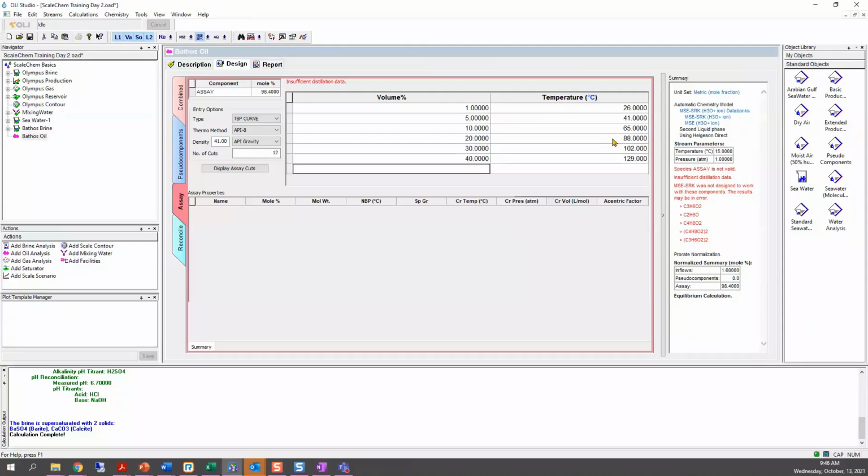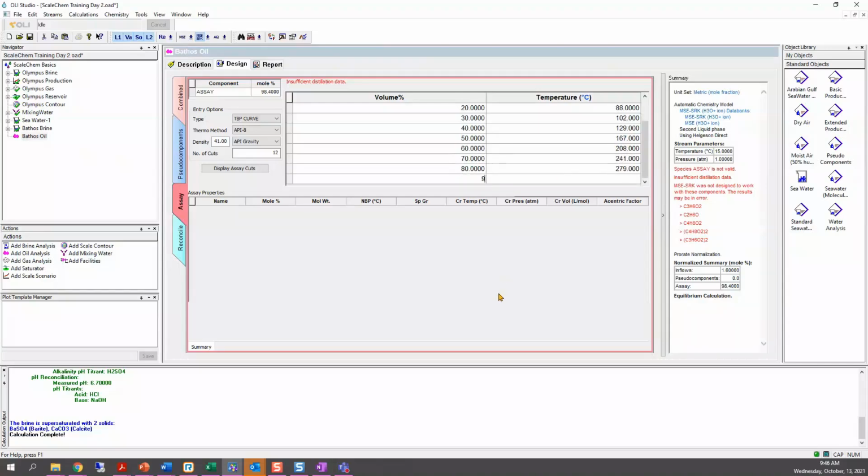And for 50%, we have 167. For 60, we have 208. For 70, it's 241. For 80, it's going to be 279 degrees C.